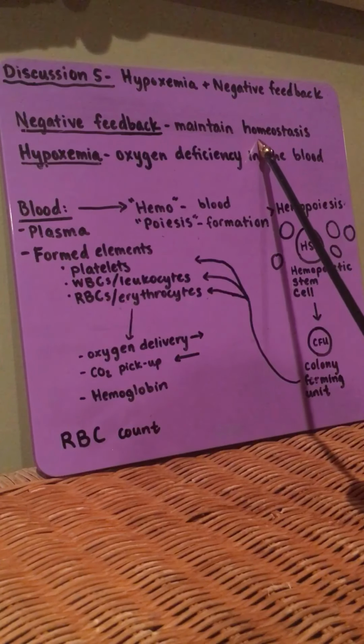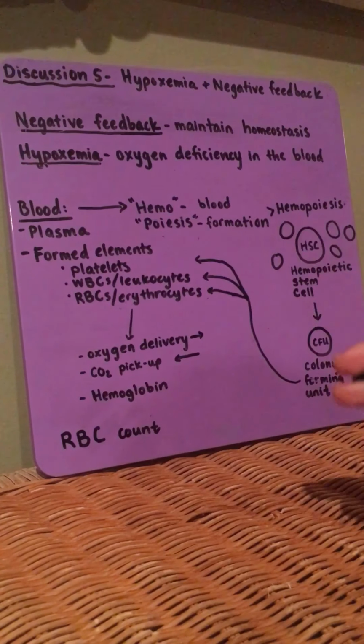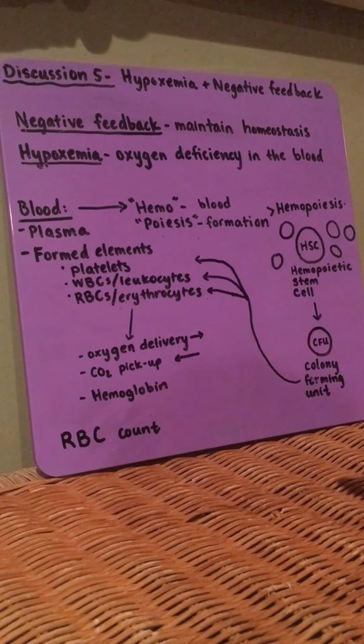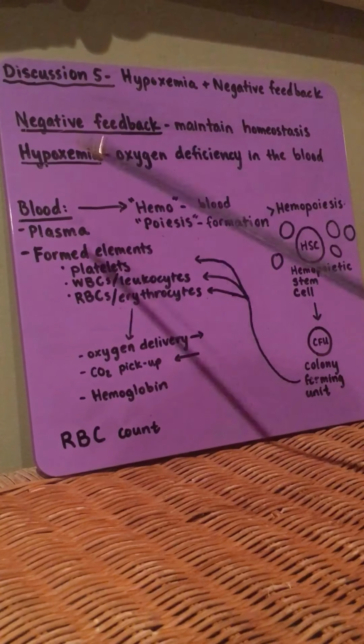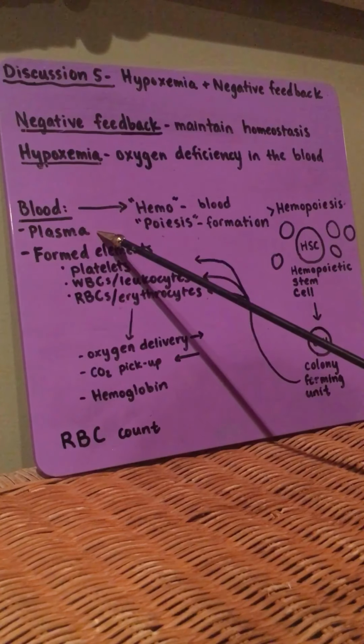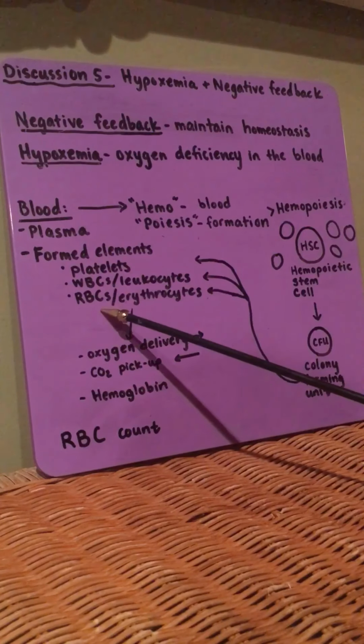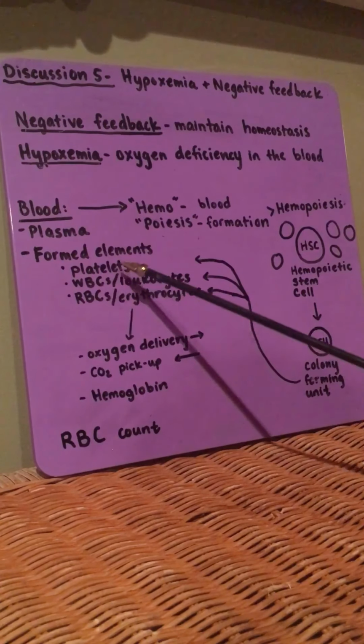back to homeostasis. Before we get further into the details of this specific relationship, there's some important background knowledge to go over. First, let's talk about blood as a whole. Blood is a liquid connective tissue composed of cells and an extracellular matrix. The matrix is the blood plasma, which constitutes a little over half of the blood volume. Suspended in the plasma are formed elements. Formed elements are cells and cell fragments, including platelets, red blood cells or erythrocytes, and 5 different kinds of white